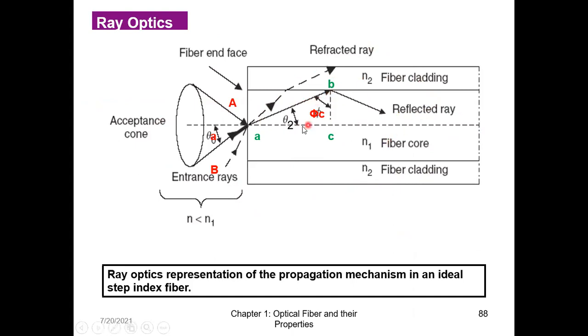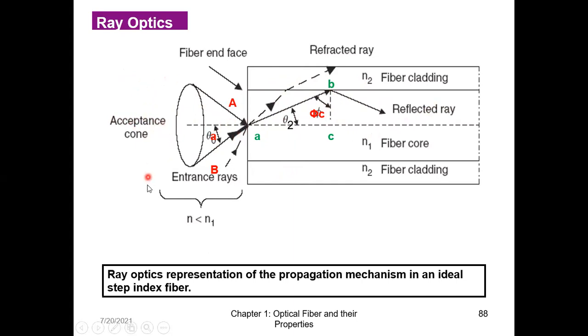So we are having a step index fiber. I had explained what a step index fiber is. The core is made up of refractive index N1, and outside it I have the cladding refractive index, so it's the shape of a step. And in a step index fiber, we have the meridional ray passing. For a meridional ray, we are doing this particular derivation. This is my acceptance cone. This is the fiber, and the source is supposed somewhere over here.